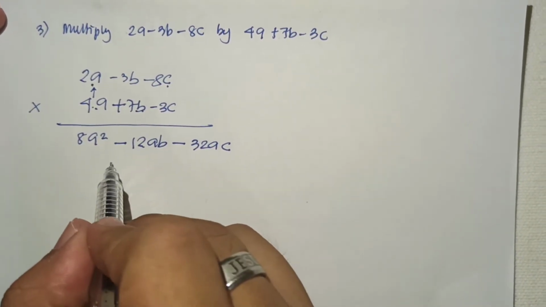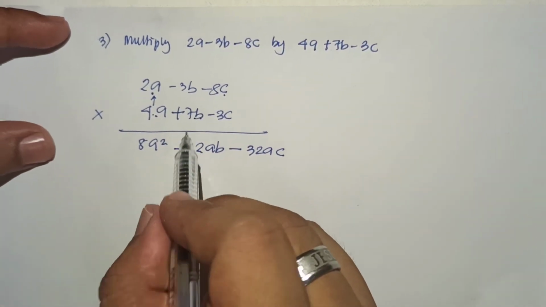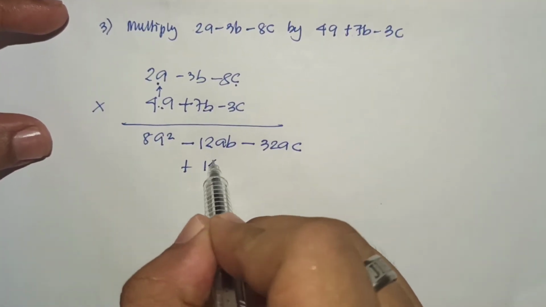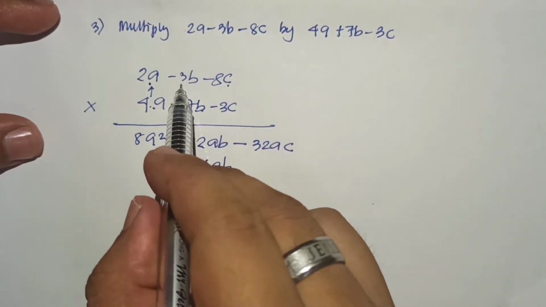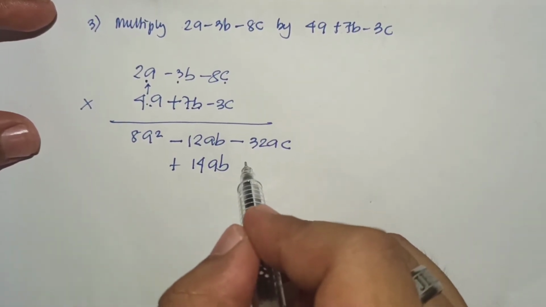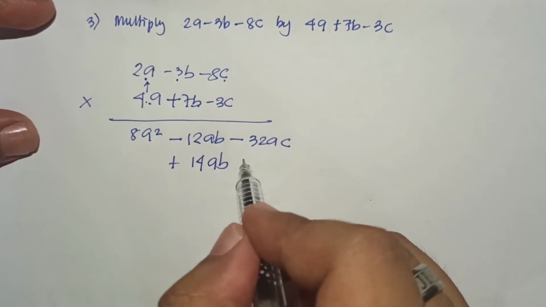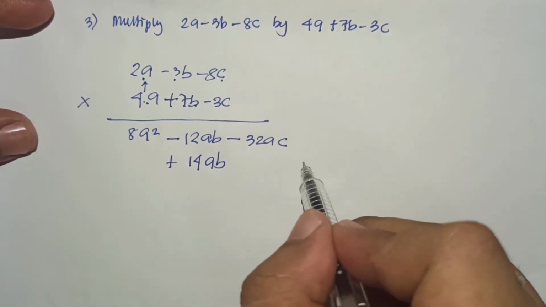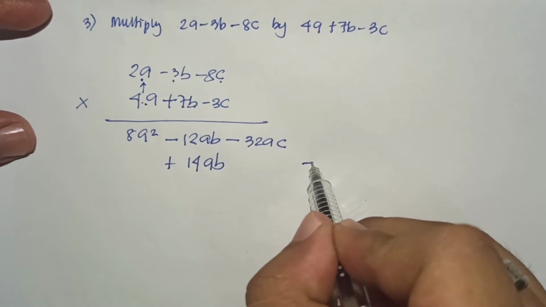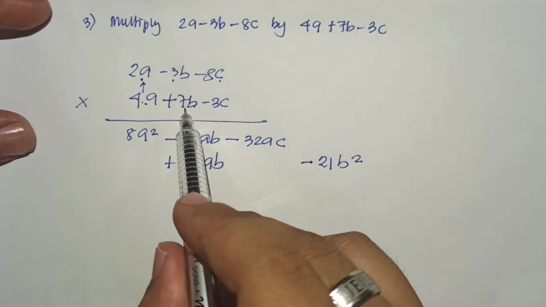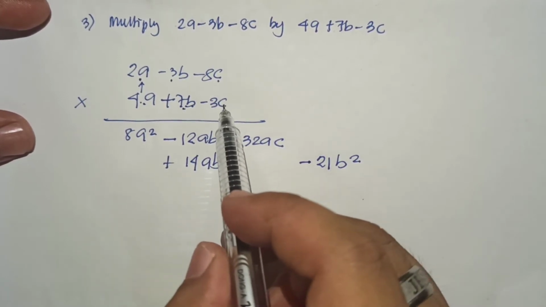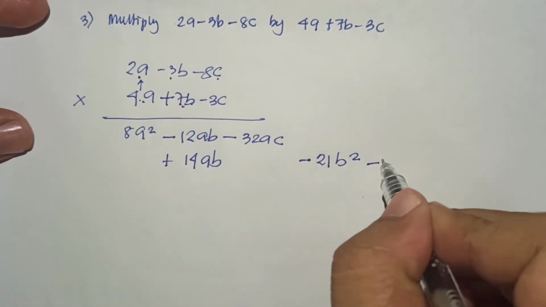So we're going to align to the same variable. So plus 14ab. 7b times negative 3b, that is equal to negative 21b squared. So since there is none here, we're going to make an alignment here, 21b squared. So 7b times negative 8c, that is equal to minus